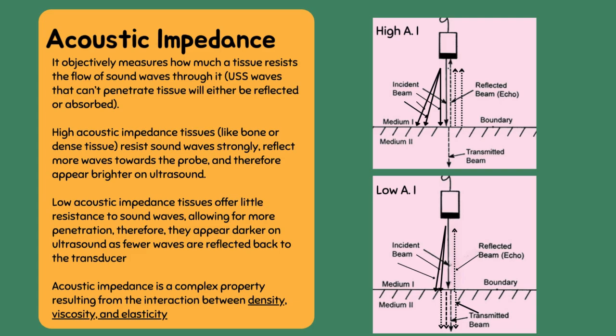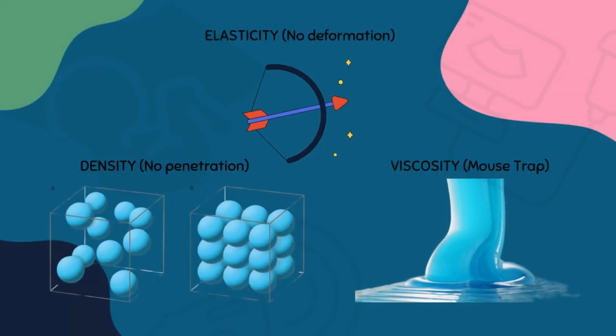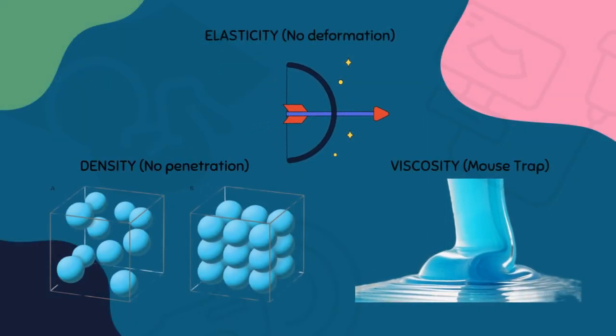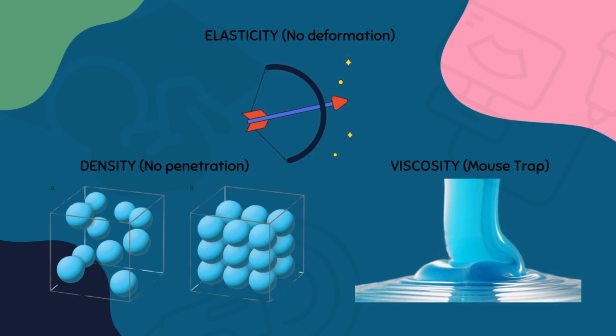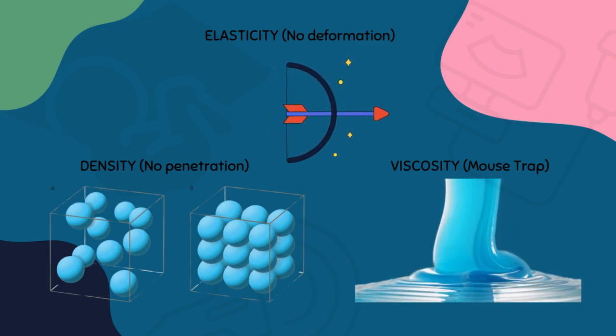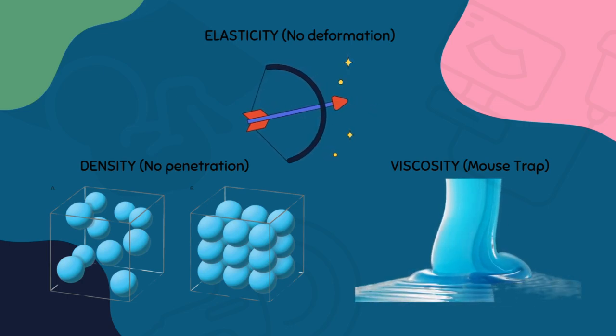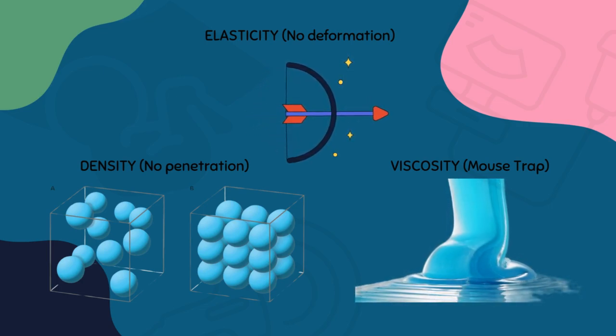This acoustic impedance is a complex property of tissue that is determined by the interaction of three tissue properties, which are the density, the viscosity, and the elasticity. To comprehend how these tissue properties will determine acoustic impedance or image brightness, one must picture how these variables individually